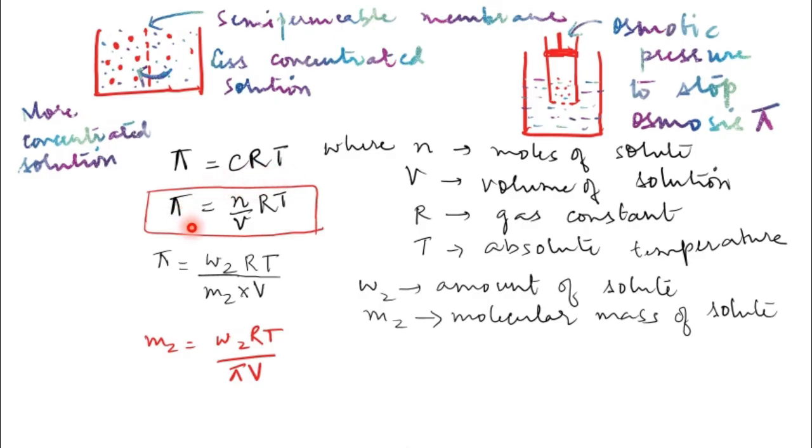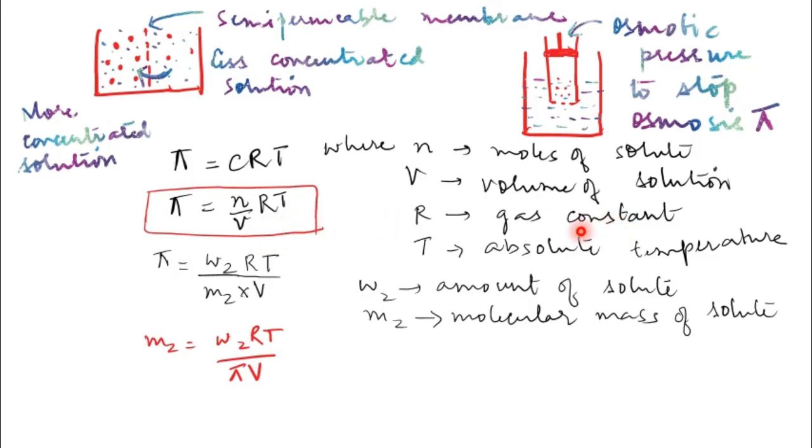Now this C is equal to molarity. Earlier, in the three formulas we saw, one was mole fraction and two were molality. First one was mole fraction and then two were molality. Now this is molarity, the number of moles of solute particles per liter volume of the solution, multiplied by